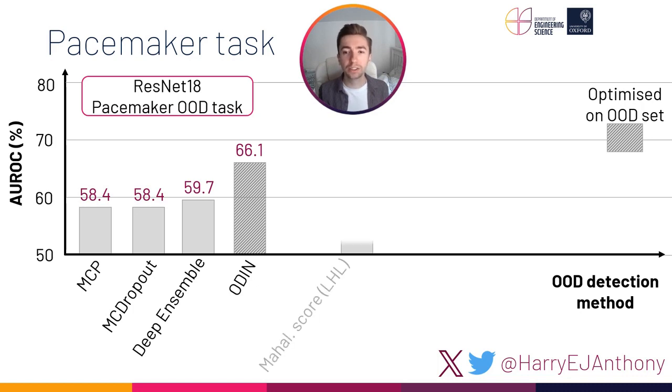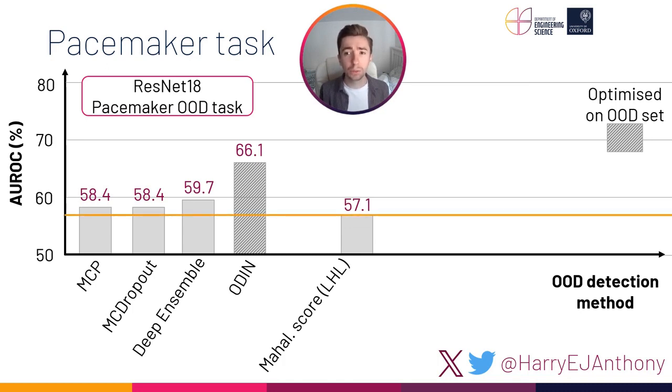Now let's look at Mahalanobis score applied on the last layer of the network. We see that this method performs quite poorly. It actually performs worse than the baseline of maximum class probability. As this is the most common method for applying Mahalanobis score, this may be misguiding the community from its full